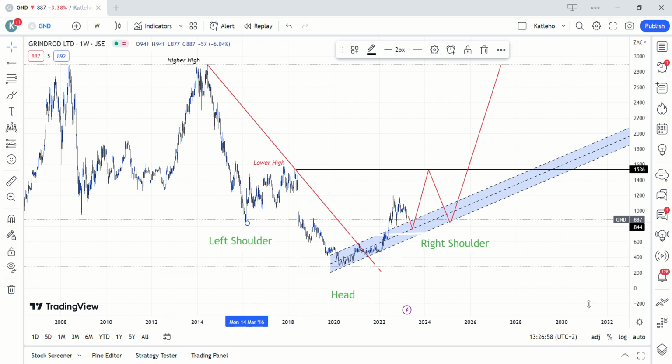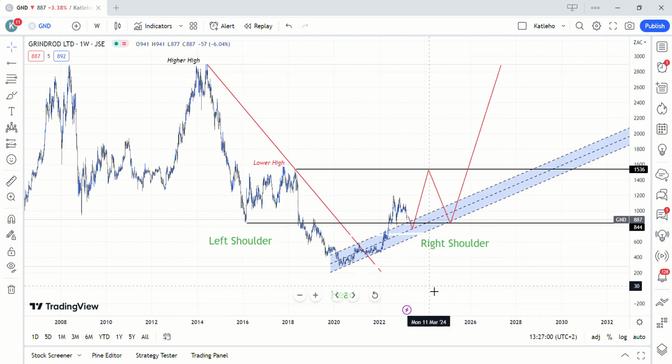As you can see, guys, our anticipated right shoulder here is in line with the support level of the left shoulder, which is also in confluence with the channel lines, our parallel channel trend lines. So you can see we expect a bounce right at the midline, and then an up run, then a drop further